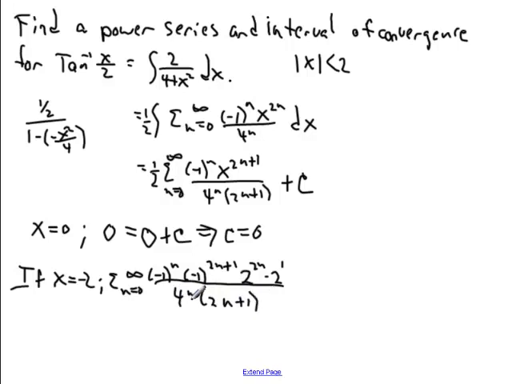Well, this looks fairly complicated here, but keep in mind that 2 to the 2n is actually just 4 to the n in disguise, and that's going to cancel altogether. Another thing to keep in mind is that 2n plus 1 is always odd. So this is going to be negative 2, and you could always bring that onto the outside. What's remaining is an alternating series, and this alternating series